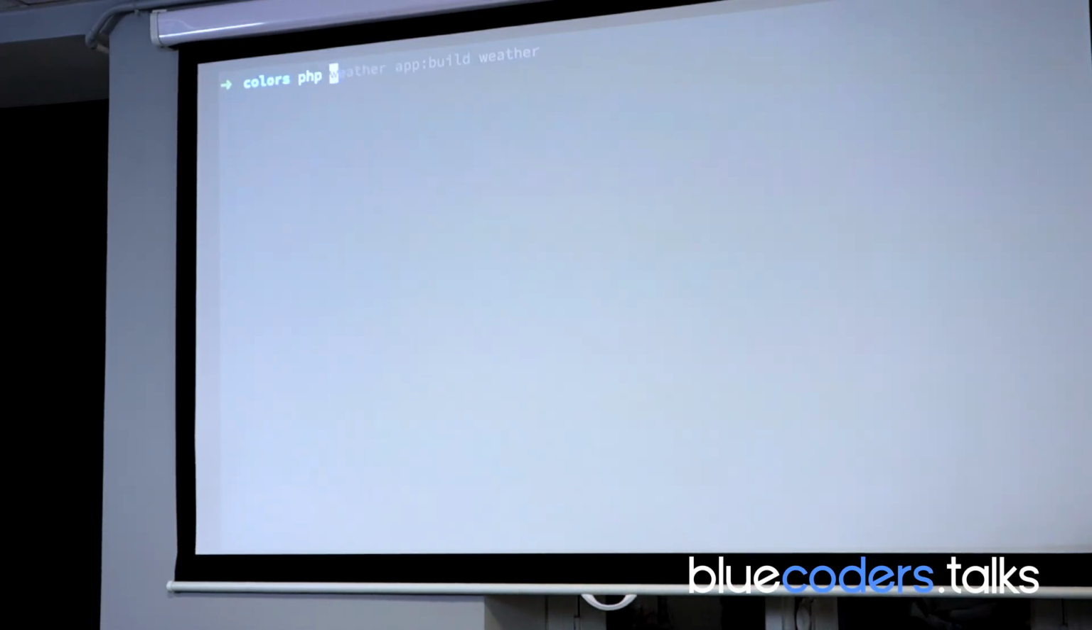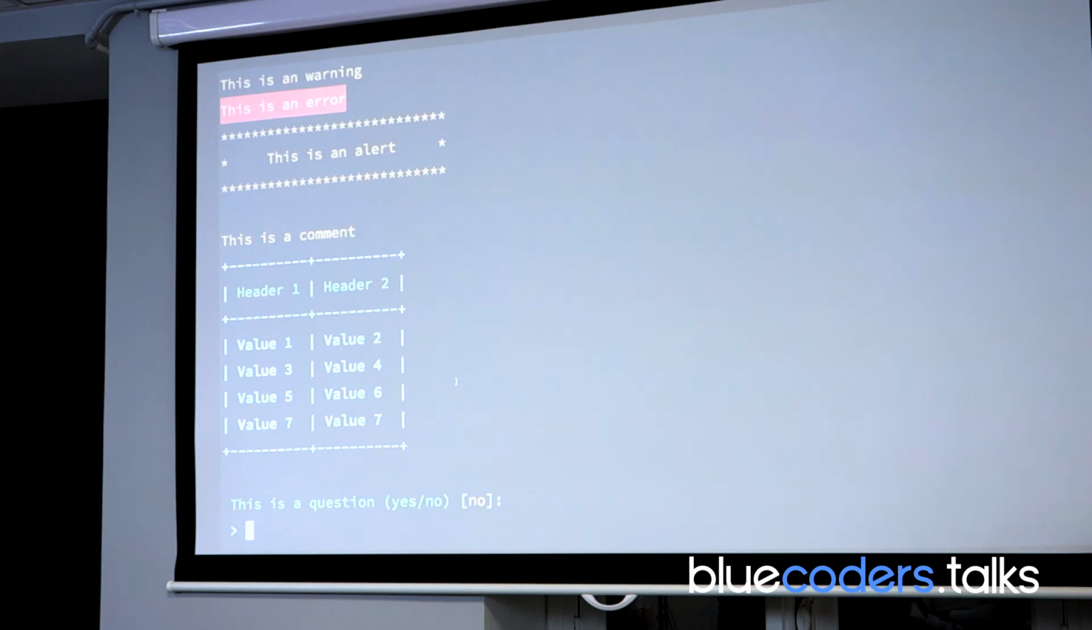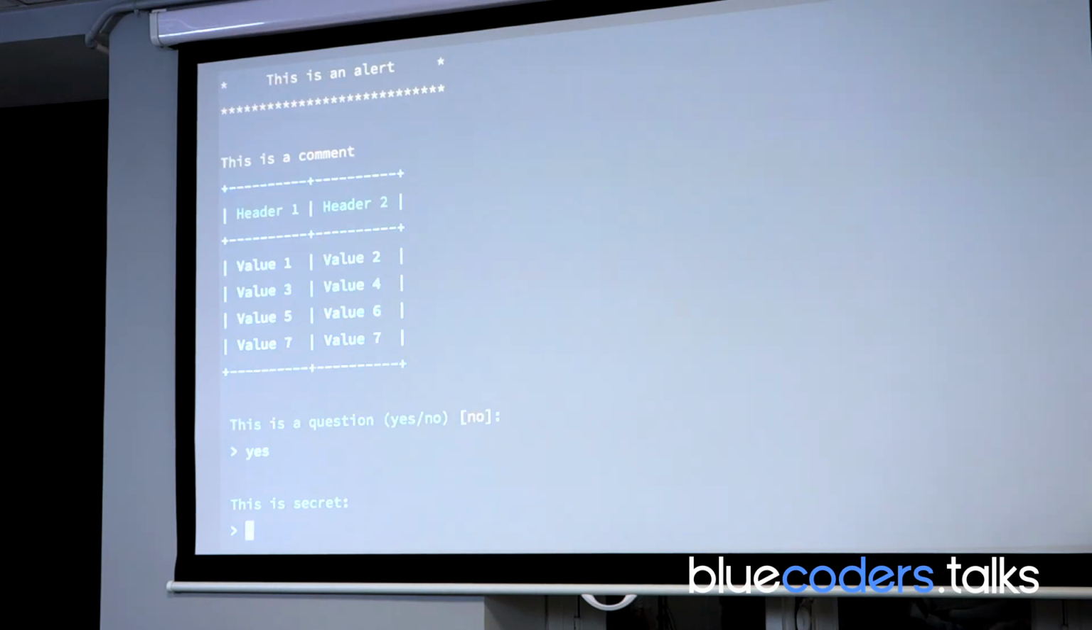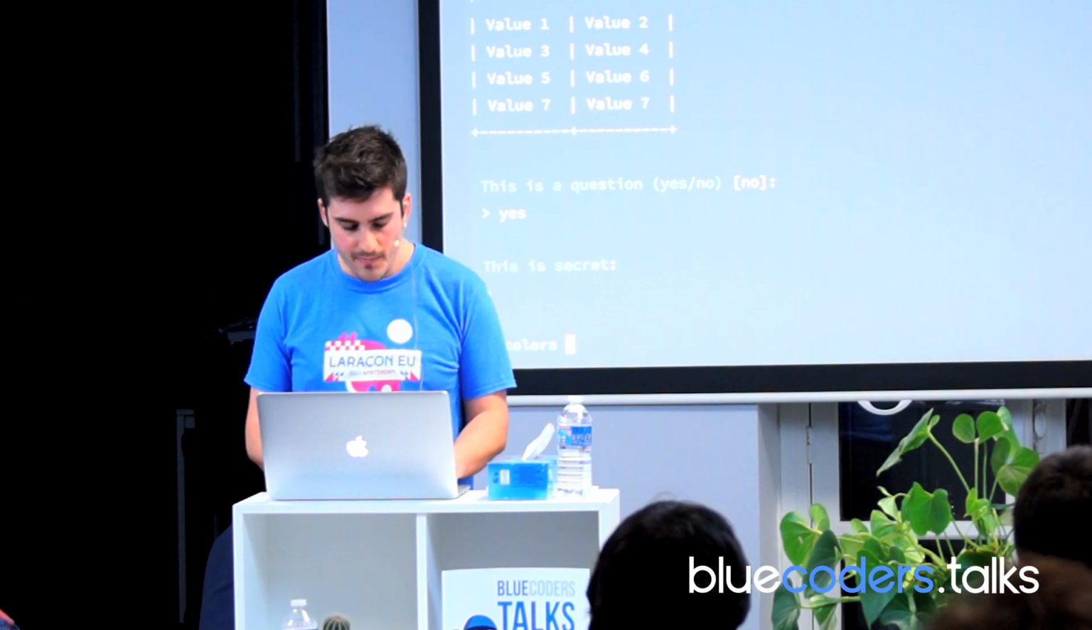For example, in this application, I'm just putting all the things that make Artisan build a great interface, right? So you are still able to show a warning, an error, an alert, a comment, and perform questions. All of those things that come with Laravel Artisan are still available on Laravel Zero. The next step will be